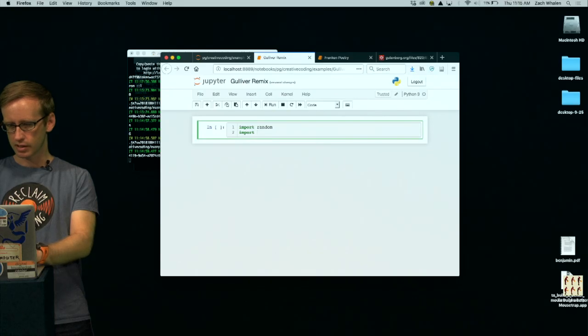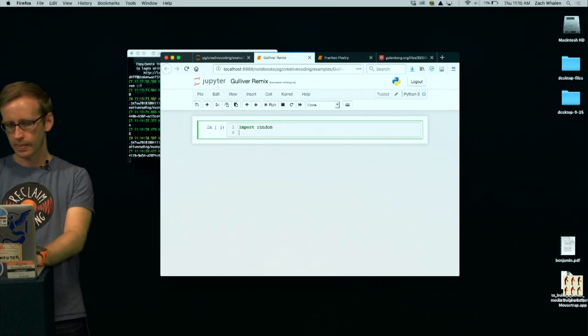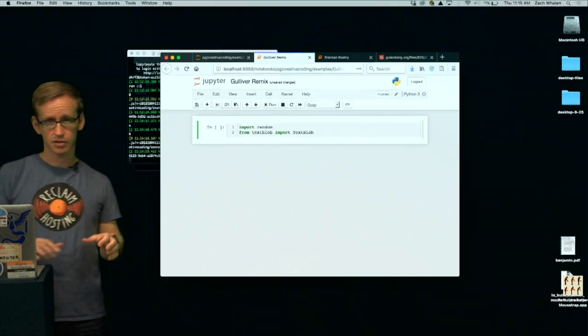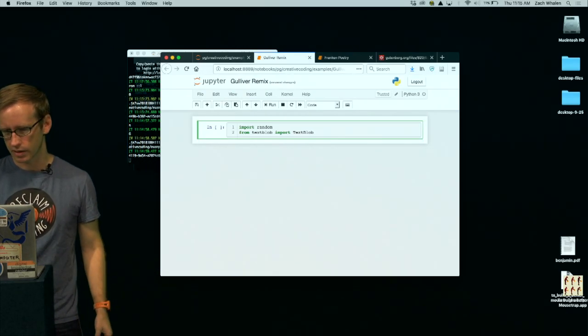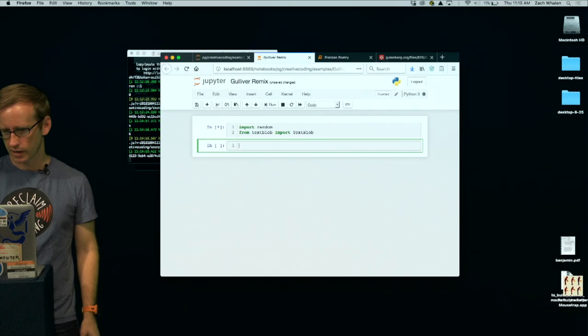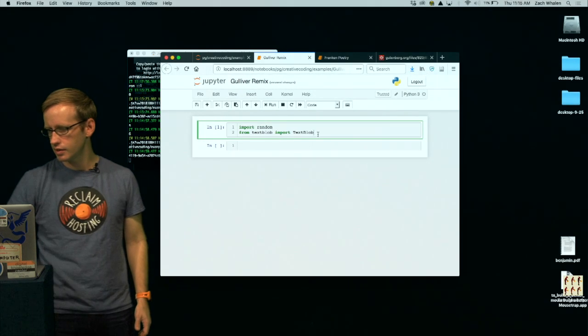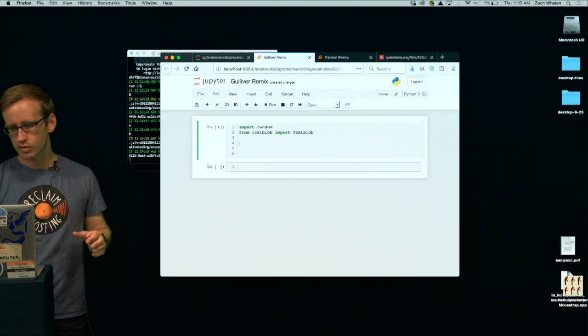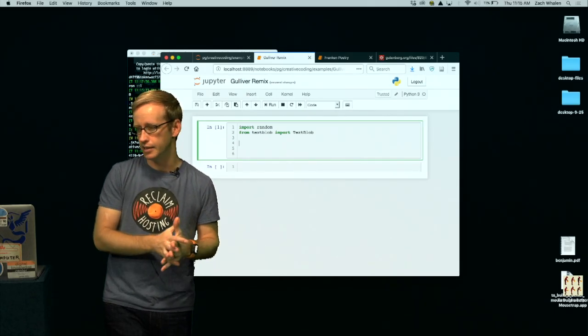I know I'm also going to be using TextBlob, which is a tool that lets you do all kinds of neat things to parse a text and then play with different parts of it, or learn about different parts of it. And those should be good for now. I think there was one other thing. No, that's it. Okay. So now these are just using the libraries here. I haven't used any code from these yet. They're just available now if I need them.